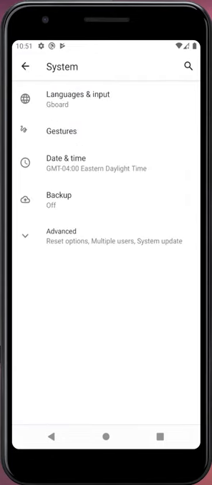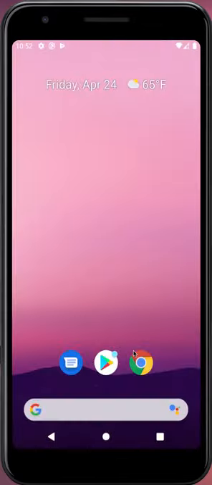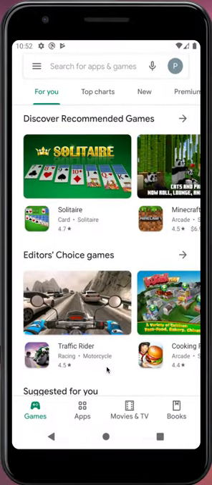All right, let's go back here. Okay, so that is all the settings that we're going to look at. And then updating apps. It's a good idea to keep your apps updated. Updates often fix security vulnerabilities, so I recommend installing them as soon as you are able. You can set that up if you go to Google Play and the menu,